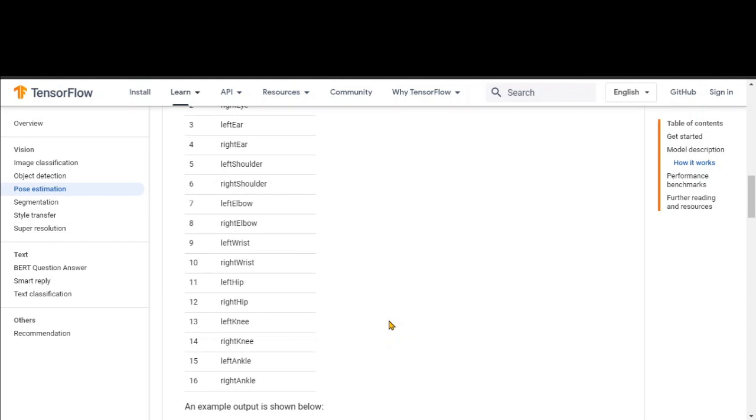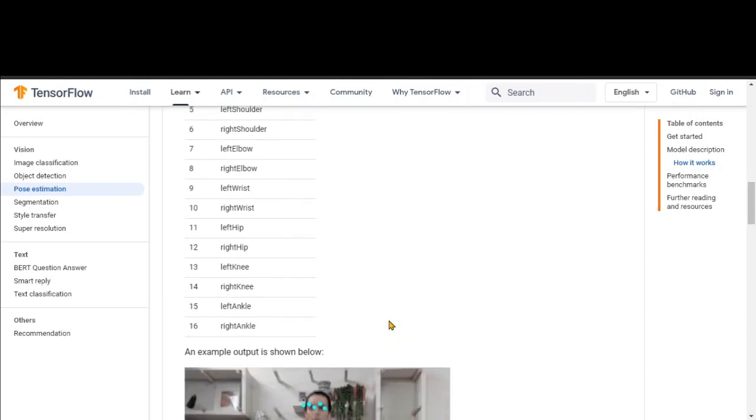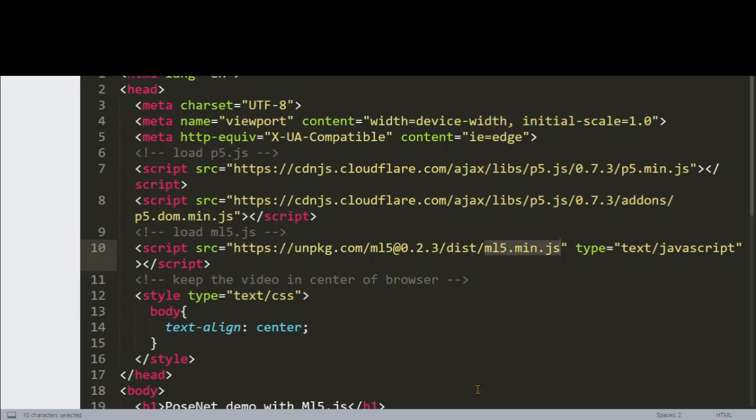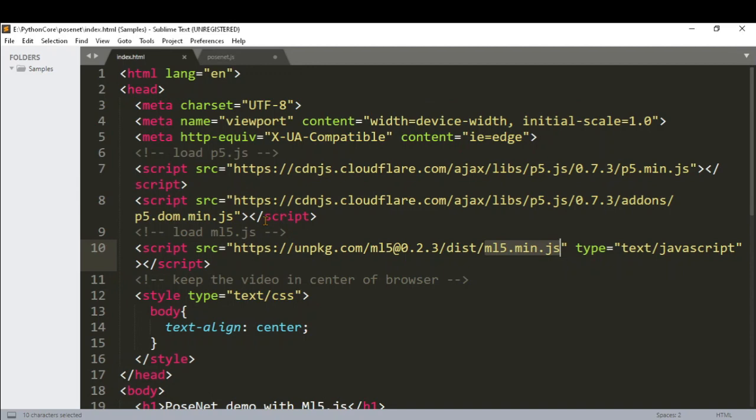Now, how it can be used is, for example, if you want to figure out the pose of someone, for example, the pose of a driver, if a driver has dozed off or if a driver is speaking on the phone, that could be just one of the use cases. And you can have so many other use cases, for example, in sports, or if you want to create some augmented reality kind of application where you are looking to figure out what is the pose of a person who's using your game application, there as well you can use this PoseNet model.